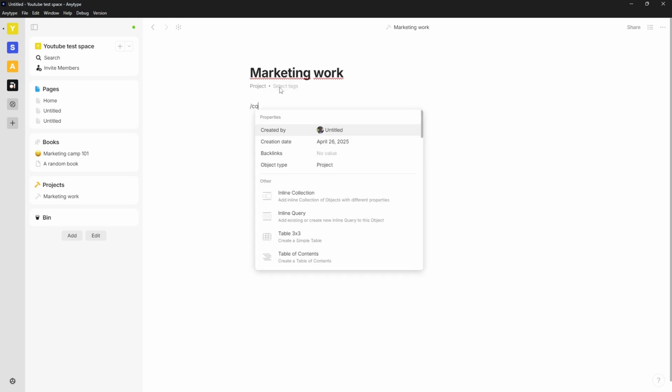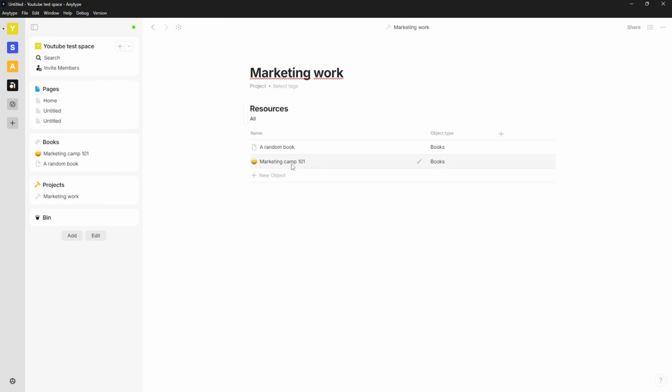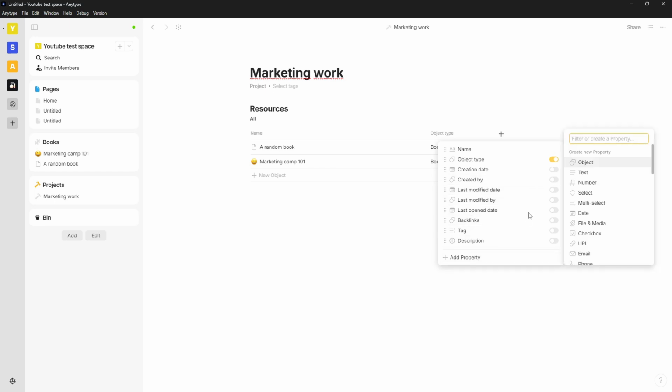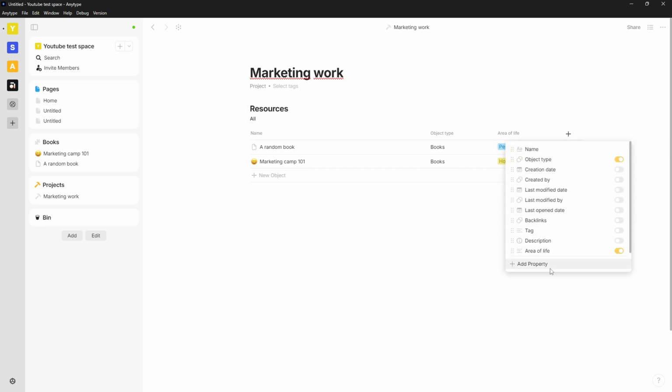So if we now do backslash and we do inline collection, and I do resources, and I now add a few filters here, we can filter based off a few things. So let me just go ahead and show you the properties that I wanted to filter on. That is the reading list wasn't the one, area of life is the one I wanted to add, and also the